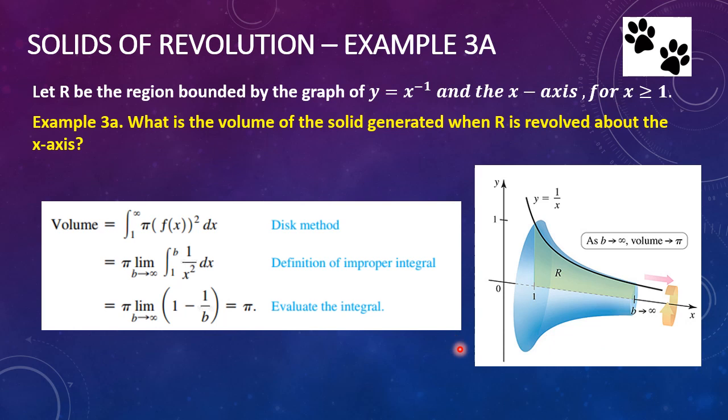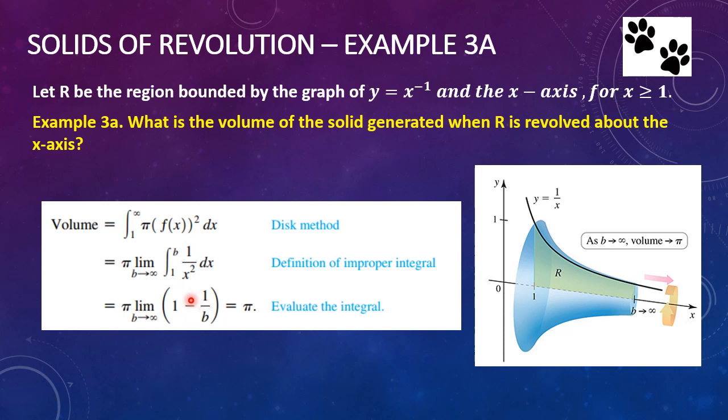So remember, the disc method is we're doing the area of each circle, which is pi r squared, where the radius is actually the function. We're evaluating it from 1 to infinity because we have x greater than or equal to 1, so it's going on to infinity. So we have the volume equals the integral from 1 to infinity of pi f of x squared, which is, of course, when we apply our analysis, the limit, we pull the constant pi out front. The limit as b goes to infinity of the integral from 1 to b of 1 over